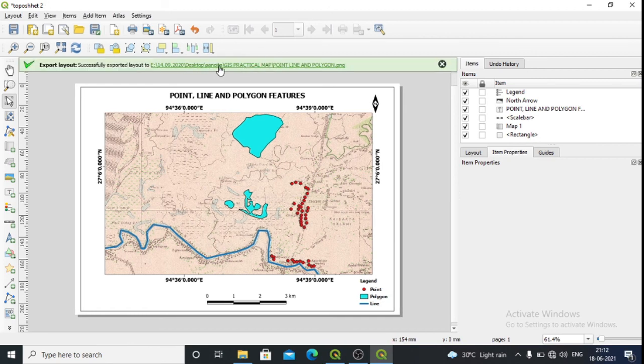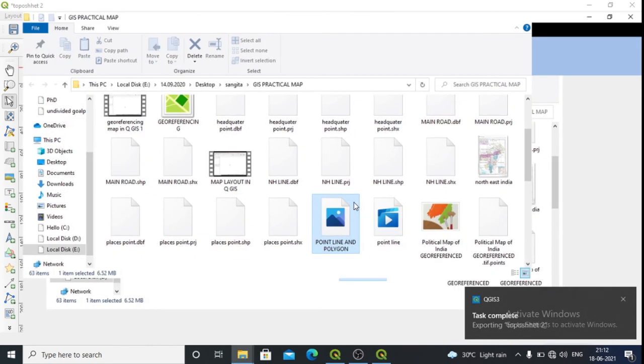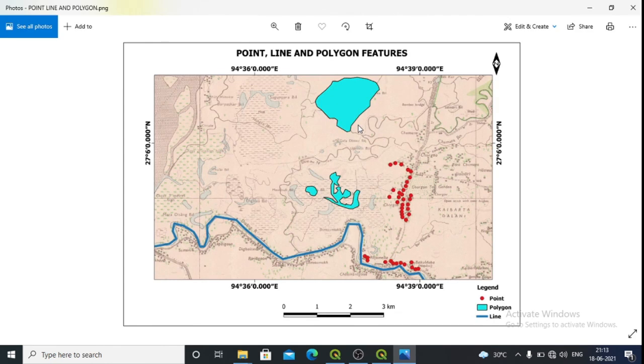So this has been saved, and if you just go to this folder, you can see it. So this is how we can do it.